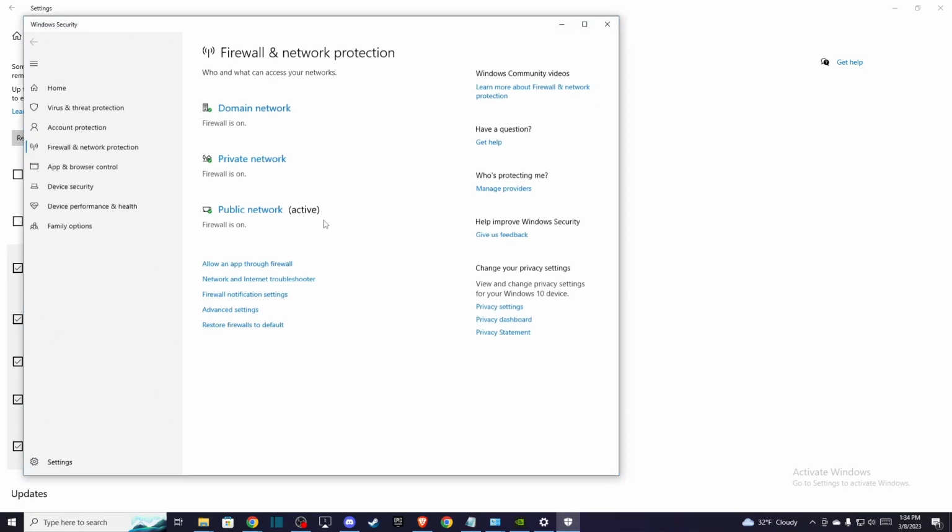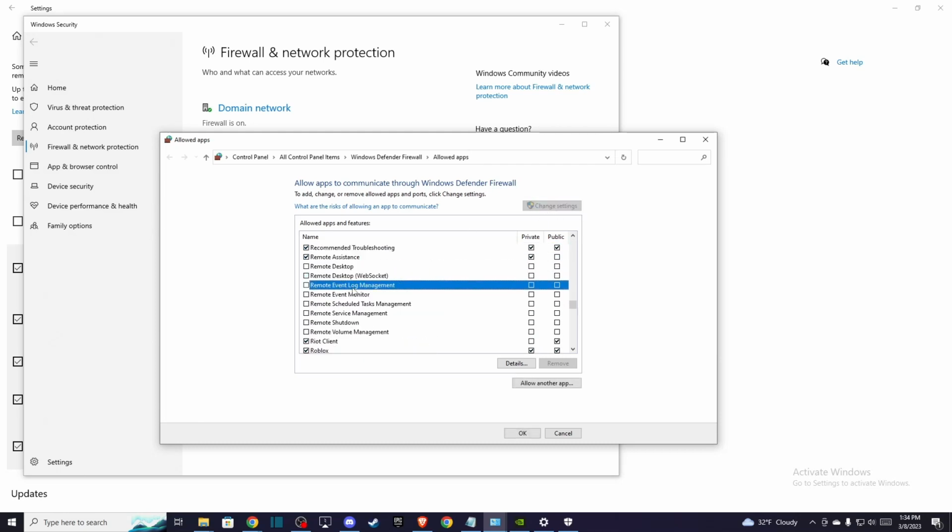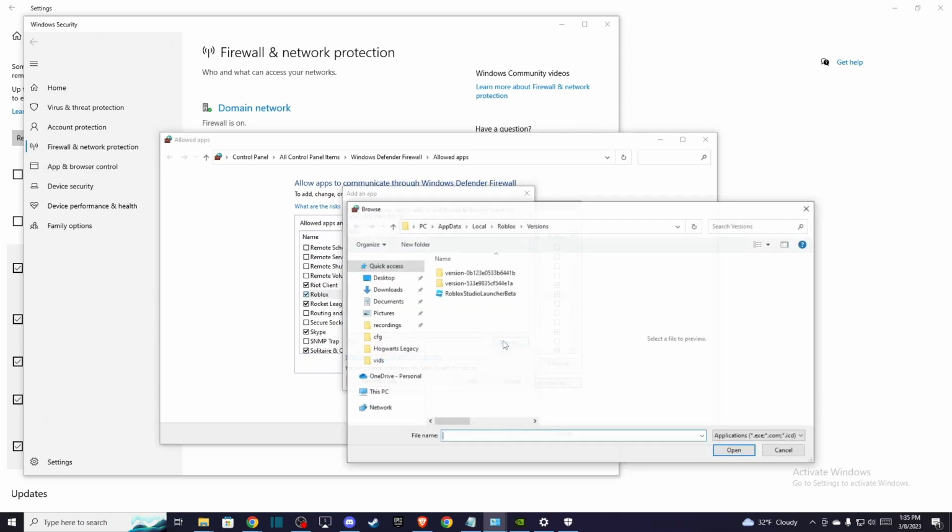And if the problem persists, then you need to go to firewall and network protection, and then go to allow an app through firewall, press change settings and locate Roblox here. As you can see here, Roblox, and make sure that private and public is ticked on. And if you do not find Roblox here, then you need to press on allow another app, press browse, and